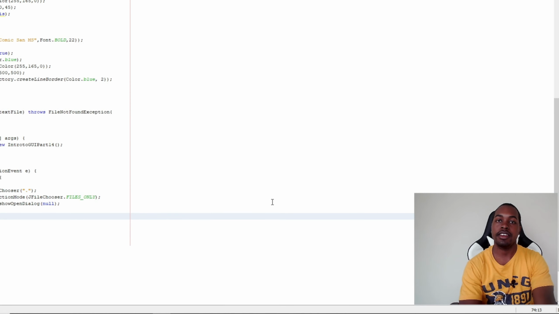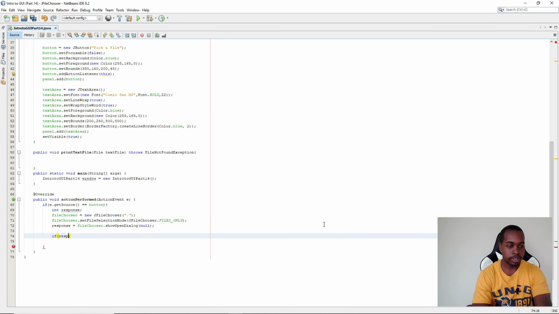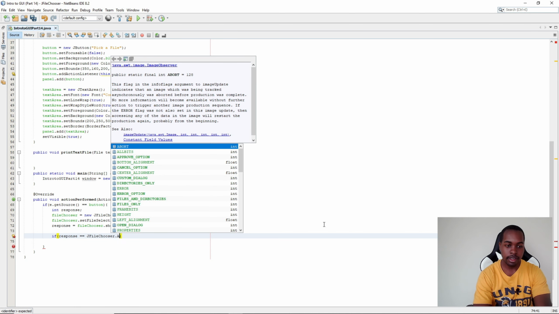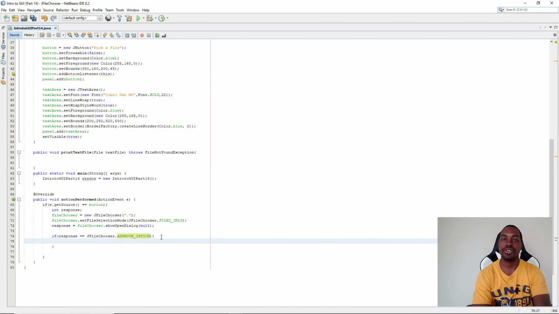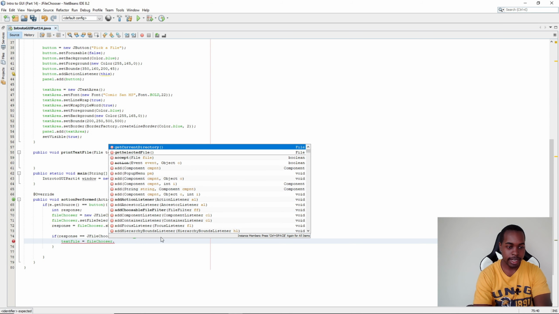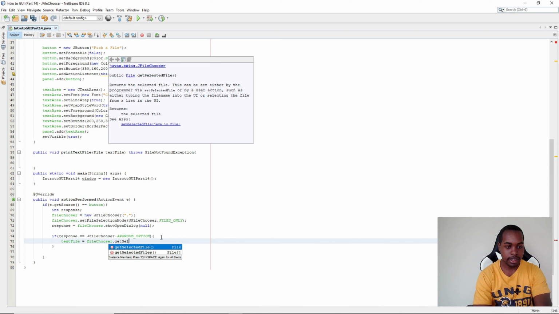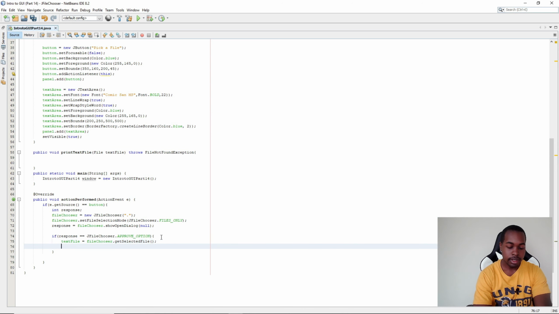Next, we need to check if a file has been chosen from our file chooser. So if response is equal to JFileChooser dot APPROVE_OPTION, which means the user chose a file to be opened, we're going to set the textFile data field we created earlier to fileChooser dot getSelectedFile. Then we're going to throw a try catch exception. So try,